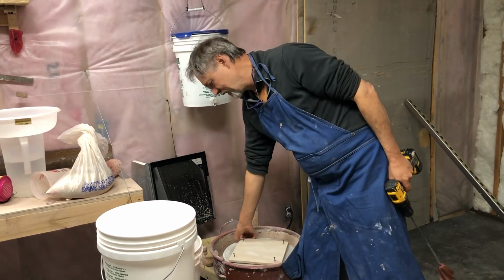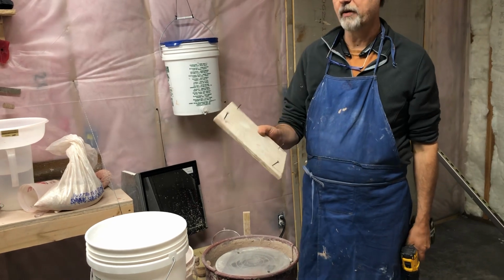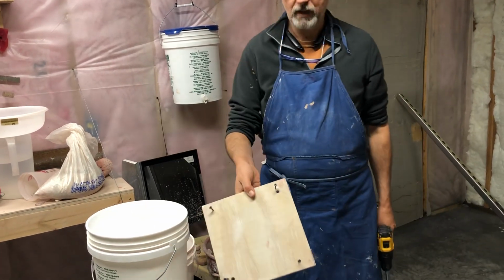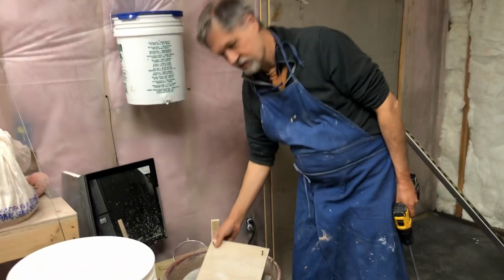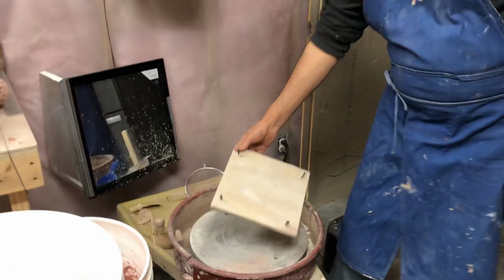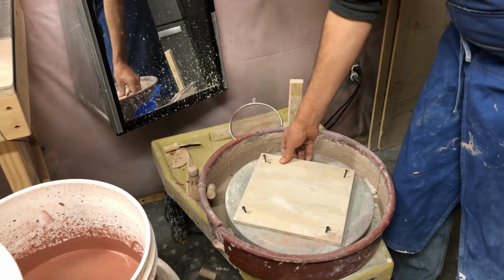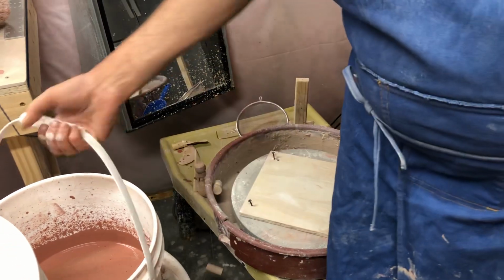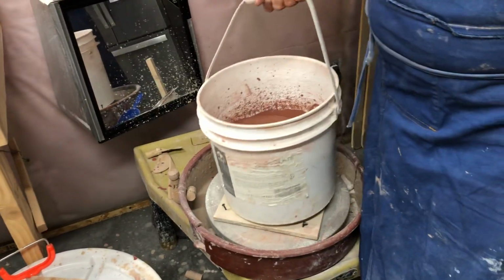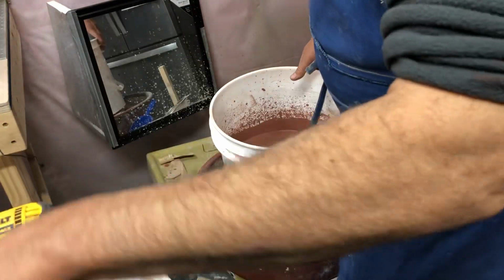out of just 3/8 inch plywood. Or actually this is 1/2 inch plywood, I think. And I took some sheetrock screws, and you can come over here closer so you can see how it goes. I just drill a couple of holes with a drill. It doesn't have to be perfect, just so it goes on the wheel head. And then I took a bucket and set it down in here. And when I got the bucket centered on the wheel head, pretty close, not perfect,